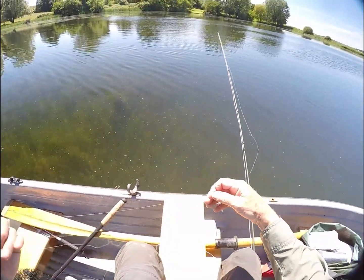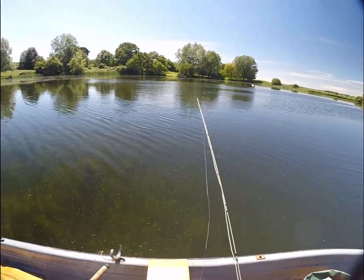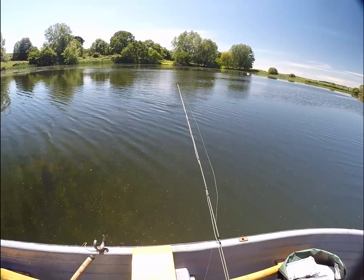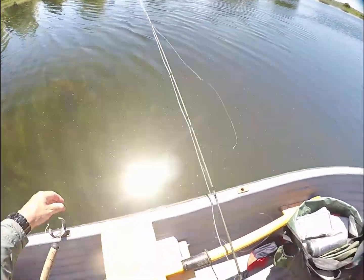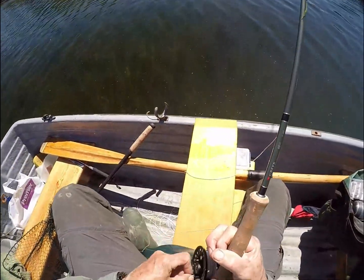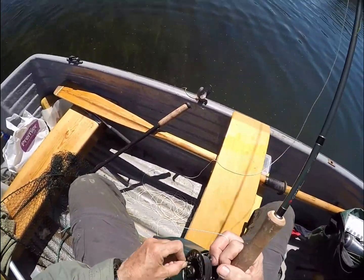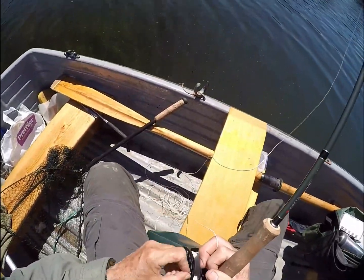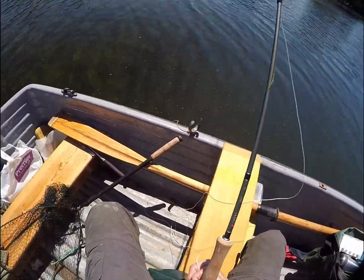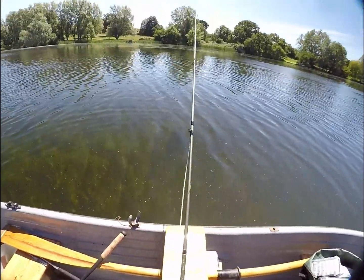Well, this is one of those days, those very, very rare days, when I generally think if I carried on fishing, I could keep on catching trout using the same flies and the same method, but I'm going to pack up now because I don't want it to get boring. I never want my fishing to get boring, and I never want to get to the point where I think, oh, crap this, because I most certainly haven't, and I probably won't get a day like this on film for a very long time, because this is only the second time I've brought my camera for about the last 18 months. So I'm going to pack up now,